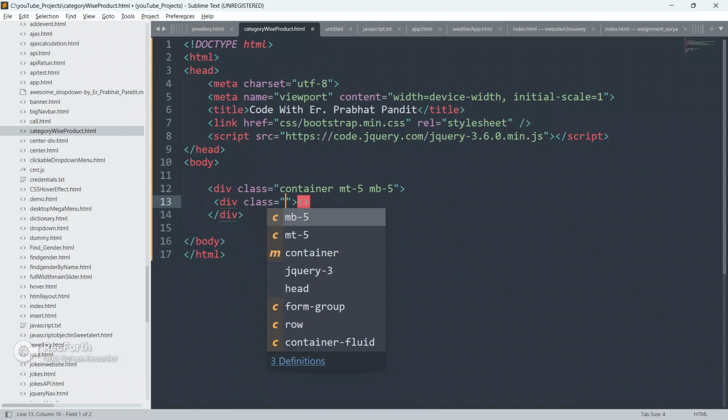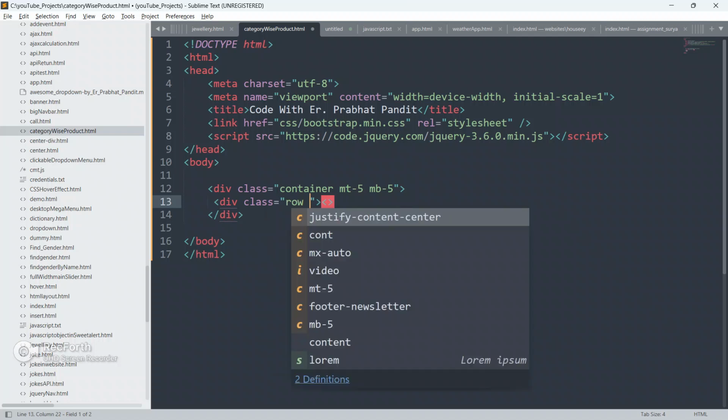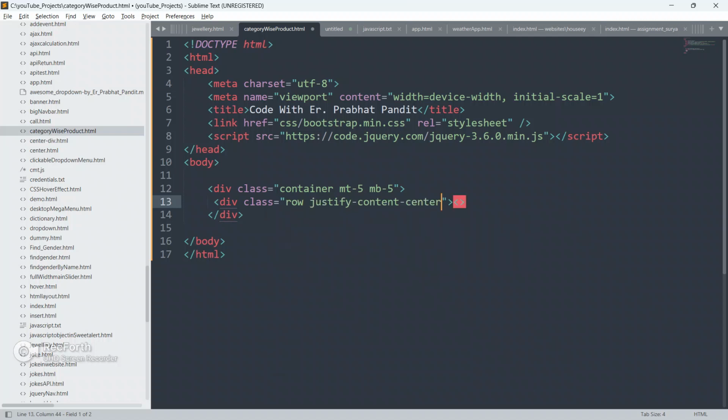Give it a class as row, and justify content center, and margin top 5, margin bottom 5 also, and close this div.